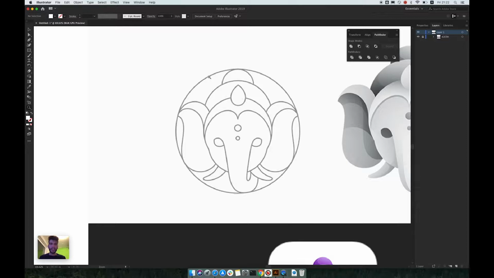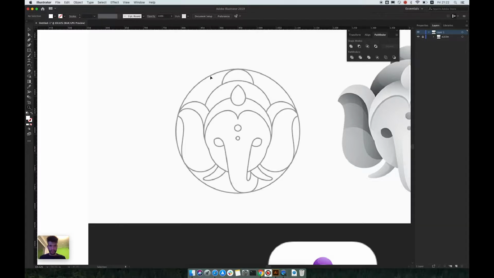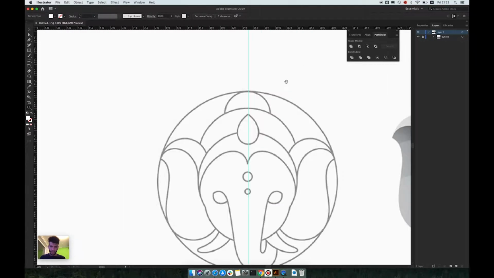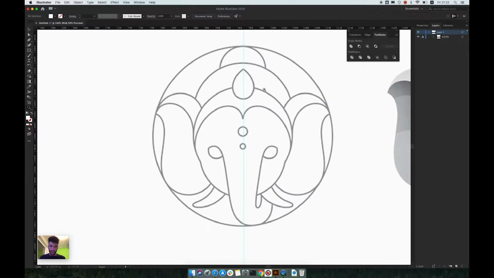So the first thing first, I'm gonna show the ruler by Command and R. You can show and hide it with Command R on Mac, or Control R on Windows. And all you have to do is just drag in the middle a guide. So this is the middle. Hopefully, yes, it's the middle. I'm gonna start